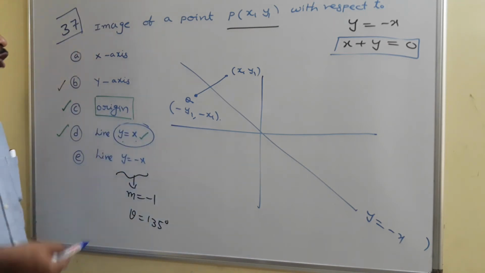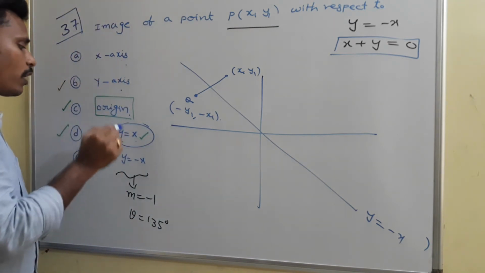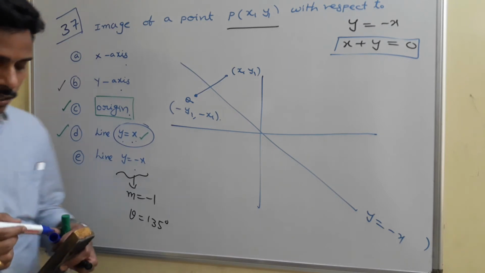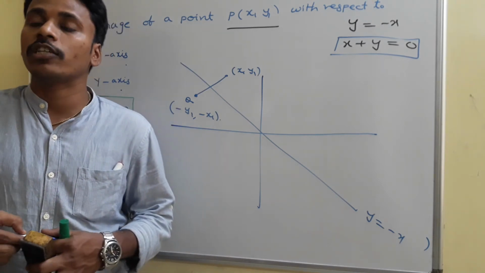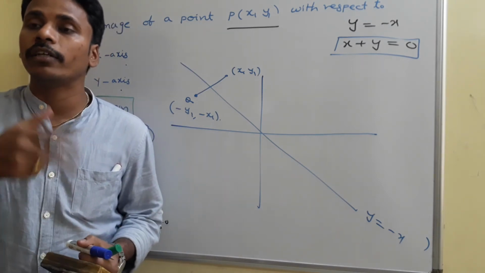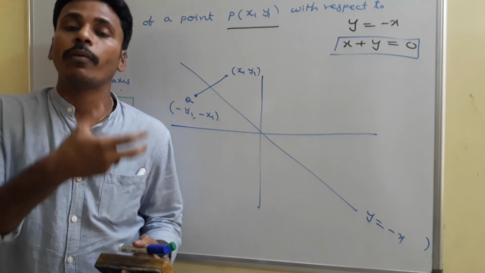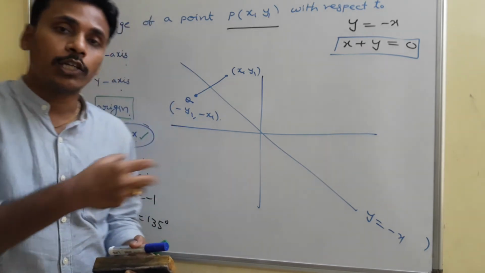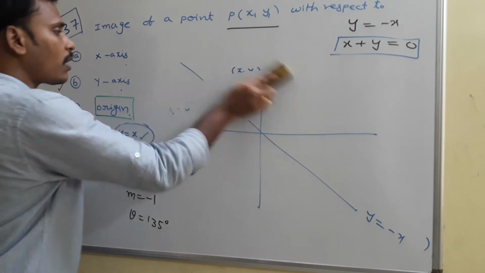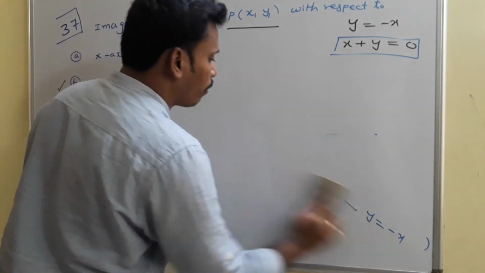At the end, finding the image using the formula, usually we do with different lines and different points, but in particular for the x-axis, y-axis, origin, y = x and y = −x, we need to memorize the images of the given point, how the coordinates of the images depend on the coordinates of P. Okay, right. And now look there once again. At the end I will give you the complete picture.